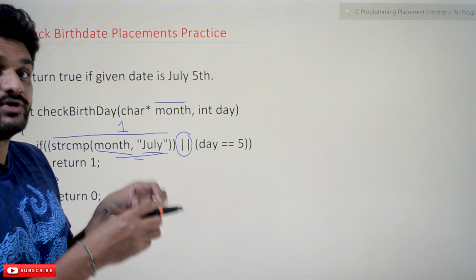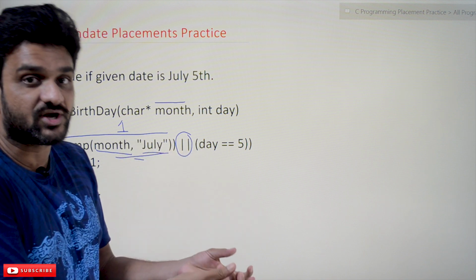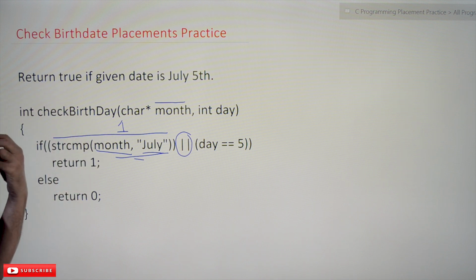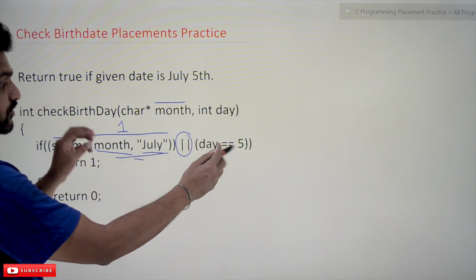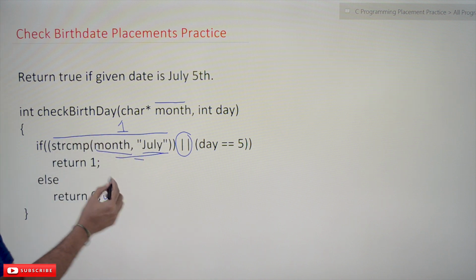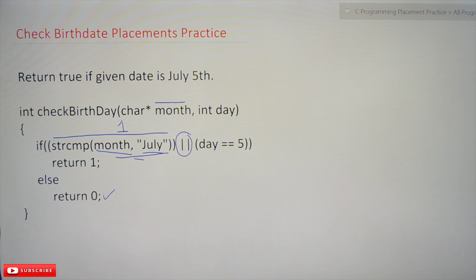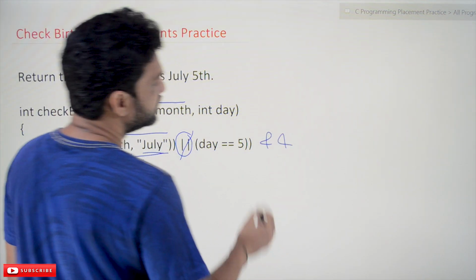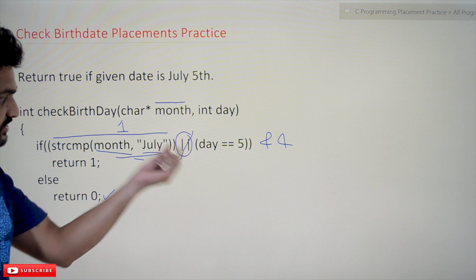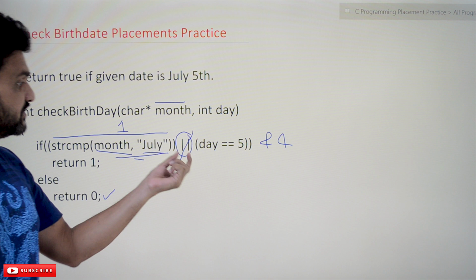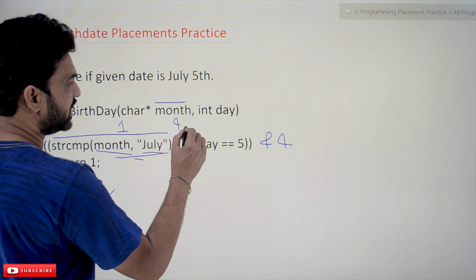If both are true, then it has to produce an output of 1, so return 1 will get executed. If either of them is false, it is going to return an output of 0. Generally we think the problem is that instead of the OR operator we have to use the AND operator, and we will change this OR operator to AND operator,